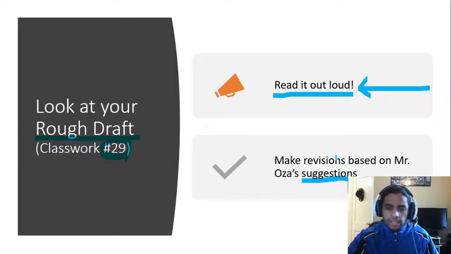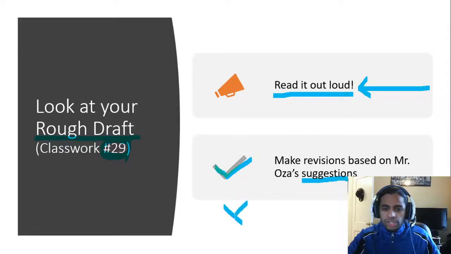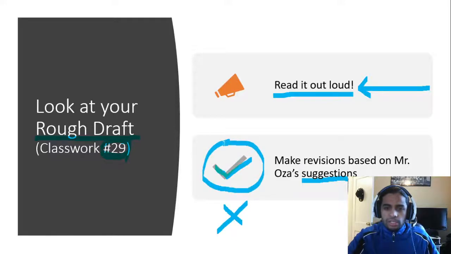So down the right side of the screen in your Google Doc, if you want to accept the suggestions, you can click on this little check mark that looks just like this, or you can click on the X if you want to reject that suggestion. All right. So I'll be making some comments for revisions, and just to let you know that if you do choose to accept some of those suggestions, just make sure that you're reading the comments and you know what changes you are making in your essay.